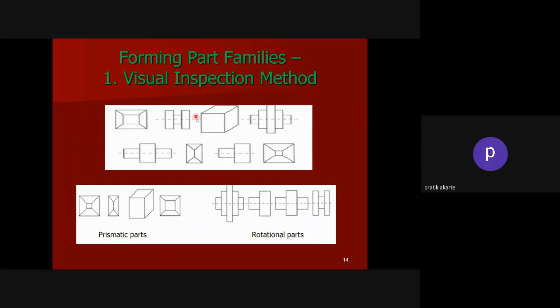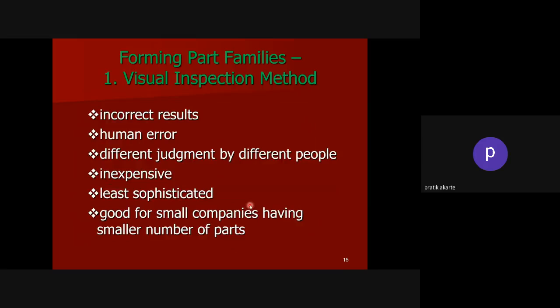Some of the parts are rotational parts and some are prismatic parts. Just by looking at the parts, you can group the prismatic parts into one family and rotational parts into another family. It is a very simple technique, but it can lead to incorrect results because